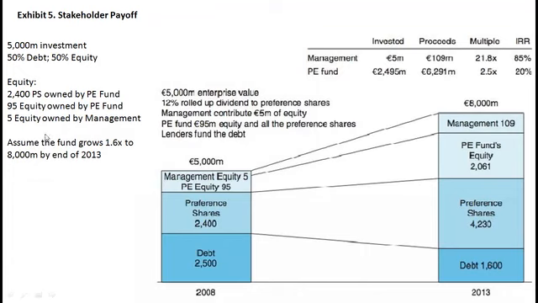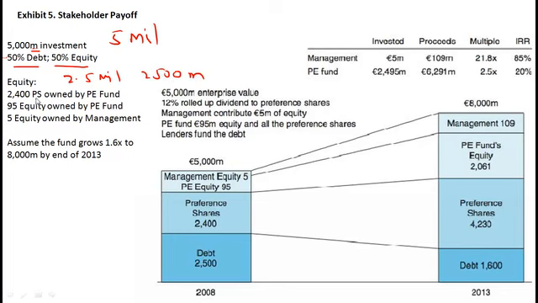Now this is going to combine the points I've just been talking about, and it's based on Exhibit 5 in the curriculum. All right, so we have an investment of 5 million. Just as a quick terminology, the M in this example stands for 1,000. So that's 5,000 M, a 5 million investment. And this is 50% debt and 50% equity. Then the equity is further broken down: 50% of 5 million is 2.5 million, or 2,500 M.